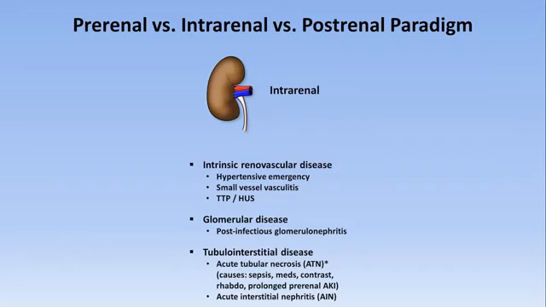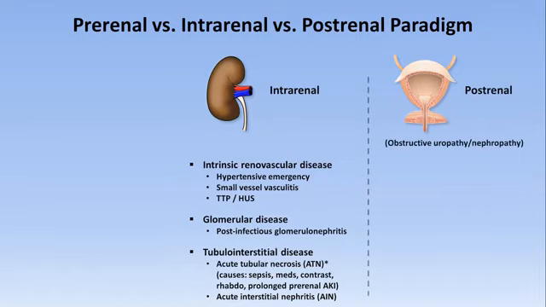In addition to the intrarenal etiologies, there are etiologies that happen downstream of the kidneys within the GU system. This is called postrenal AKI, also known as obstructive uropathy and/or obstructive nephropathy, because they are all the consequences of impaired urine drainage, which increases pressure within the ureters, which is then transmitted to the kidney's collecting ducts and tubules, and ultimately transmitted to the individual glomeruli. The obstruction can be caused anywhere from the renal pelvis down to the urethral meatus.